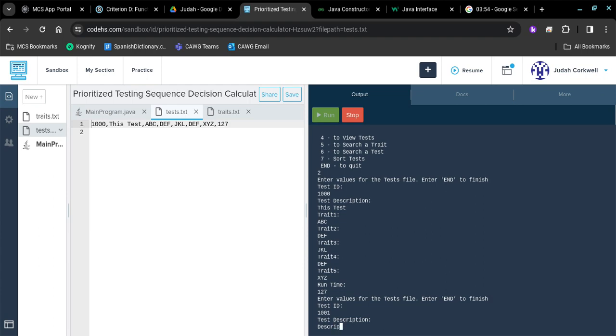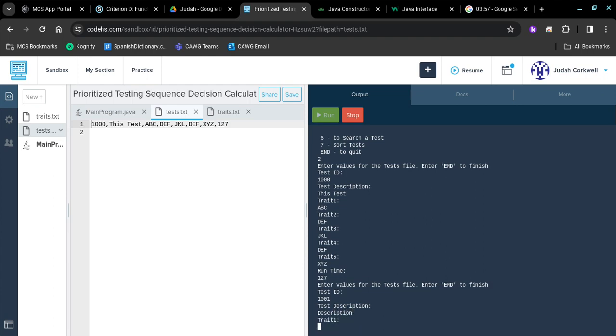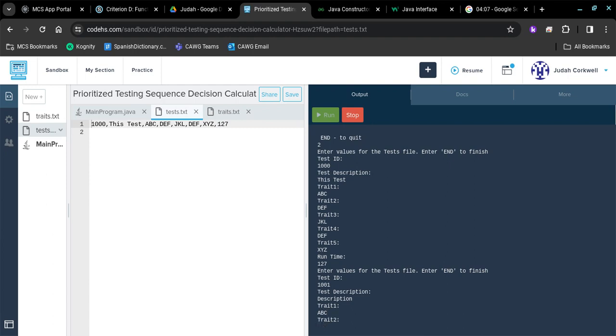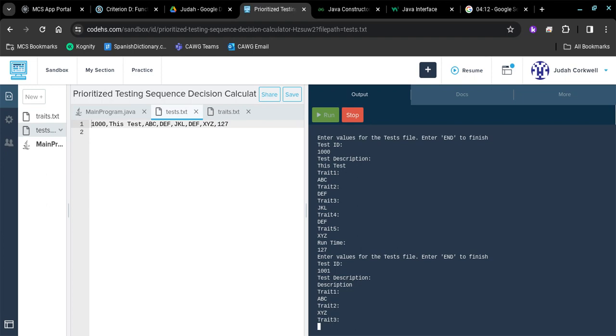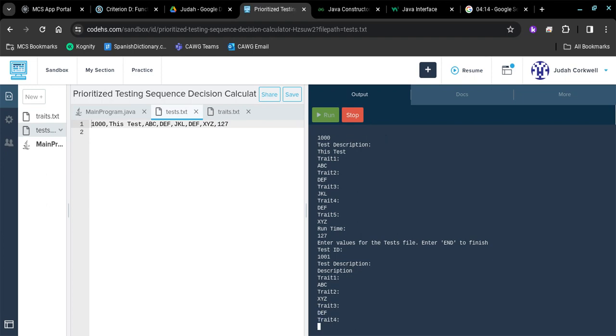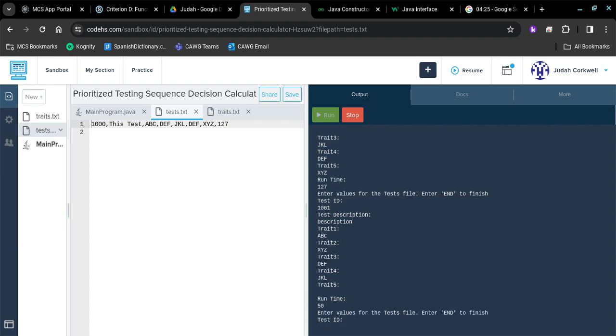And they can input any description that they want, but just for the purpose of this video, I'm going to write description, then ABC, XYZ, DEF, JKL, and let's say it only has 4 traits, so they will just skip that, and let's say it takes 50 minutes to run. Loop back,